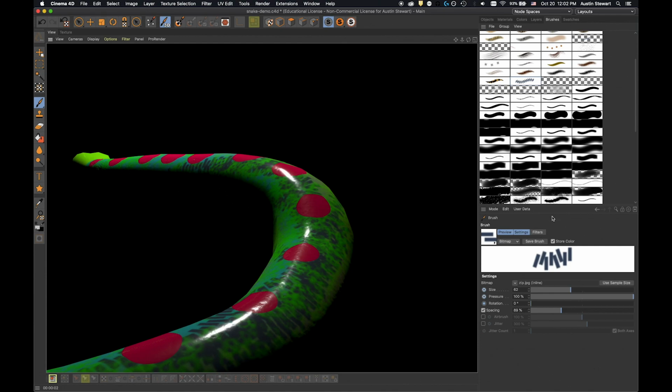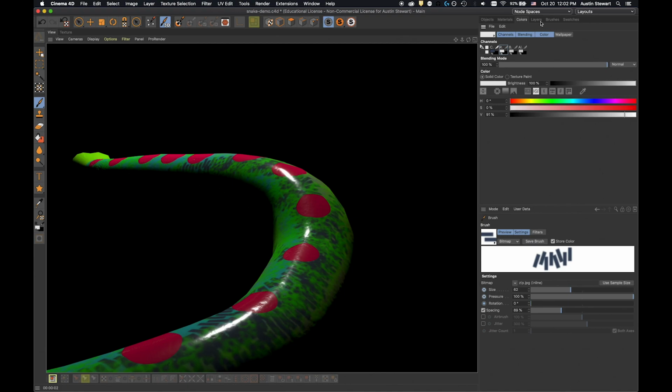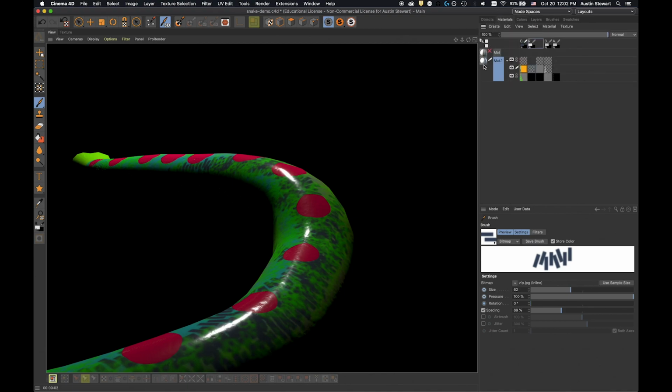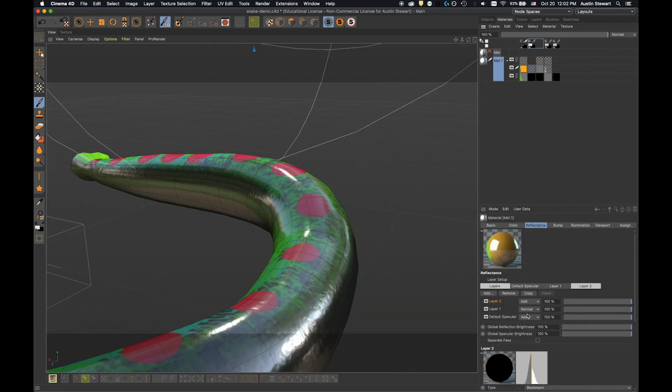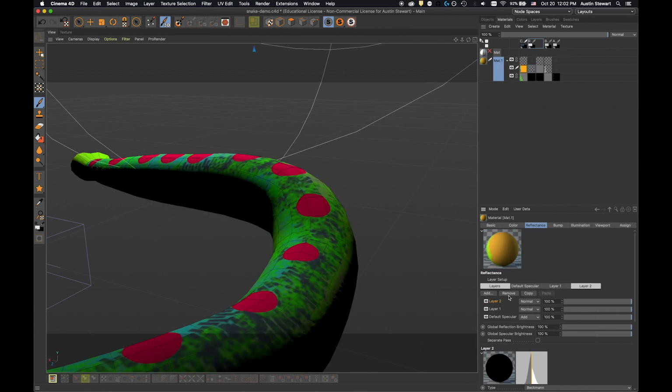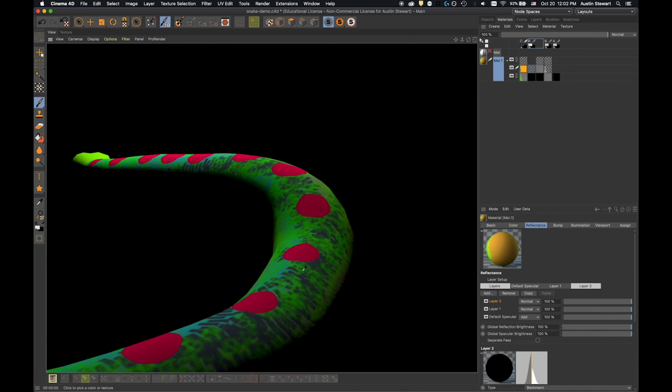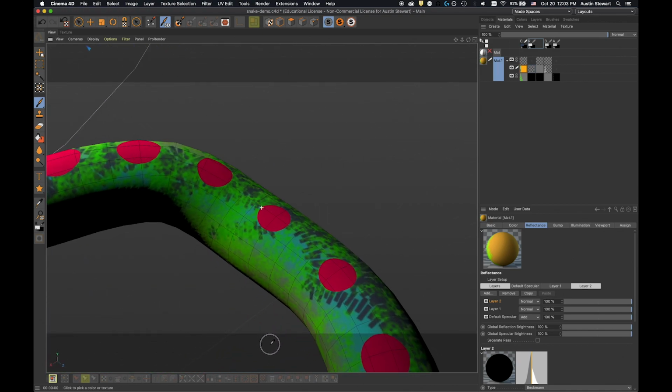And so if I'm not 100% on that, then maybe what I need to do is increase the intensity here, go to my materials, select this material again, and just set this to normal. And if I render this, even though it says normal, you can see where,